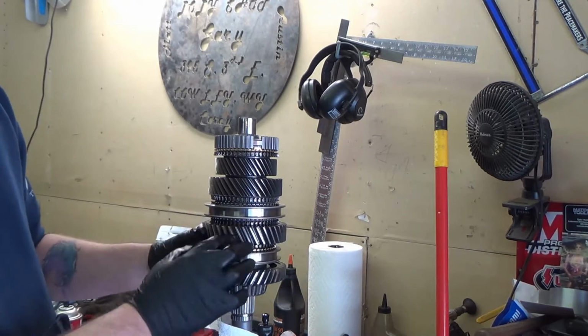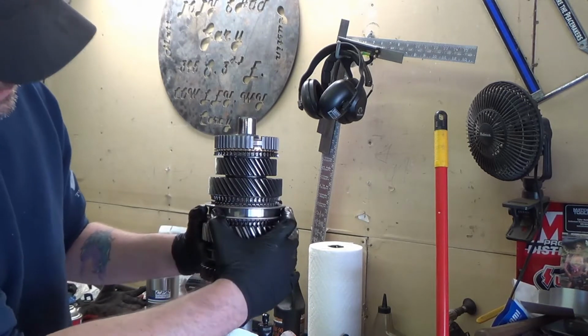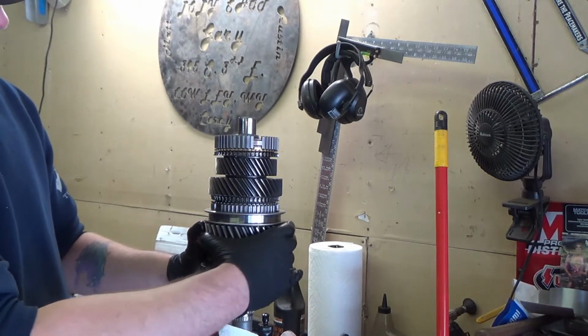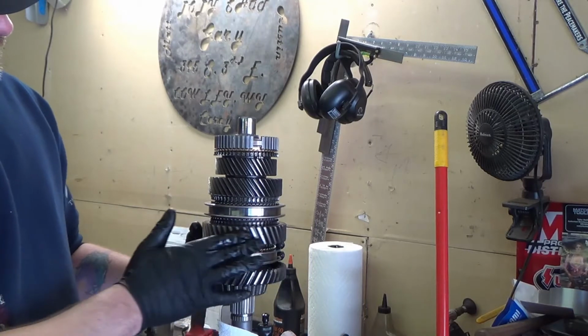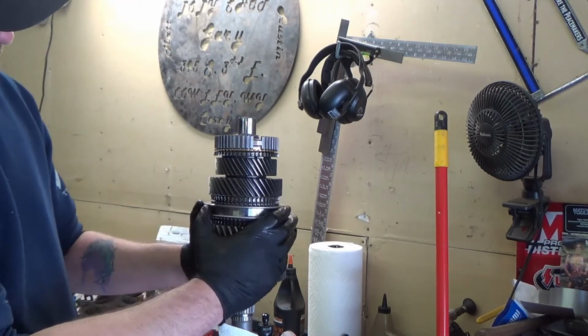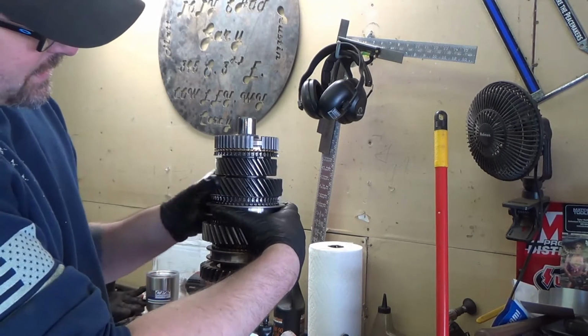So it spins freely on that bearing on the shaft, and then when you shift with the shift fork, that pulls the synchronizer down and locks it to the main shaft. All the other gears are free. Now, if I want this gear, it goes up, that's free, and then I can shift into second, that's locked. But basically they can be turning. I don't know if I can do that with, I don't have enough hands, but